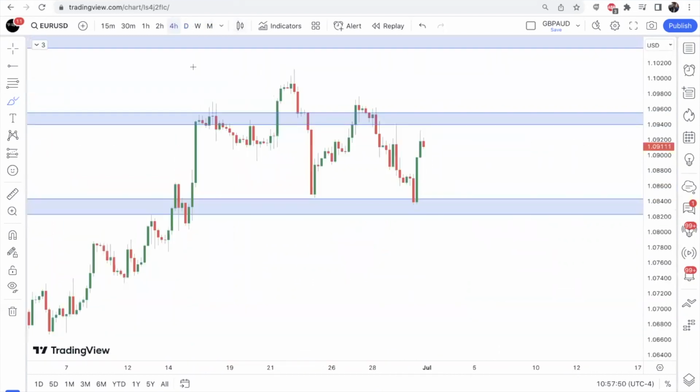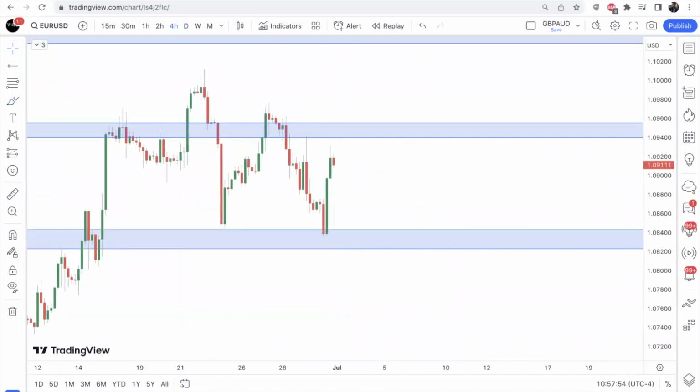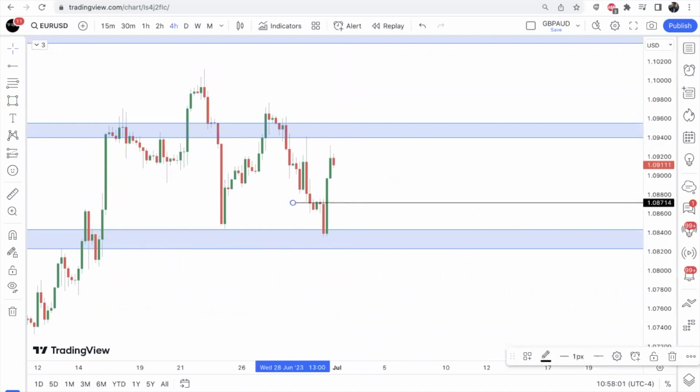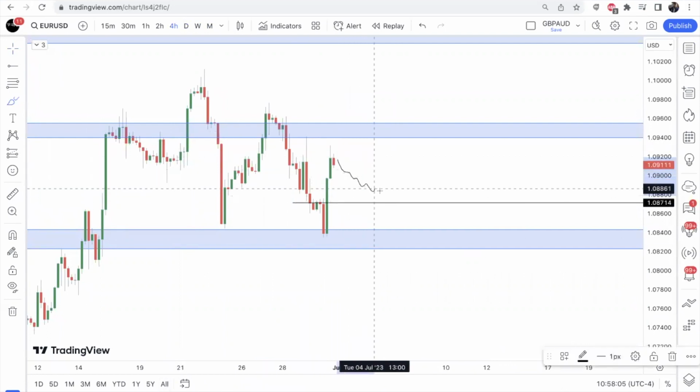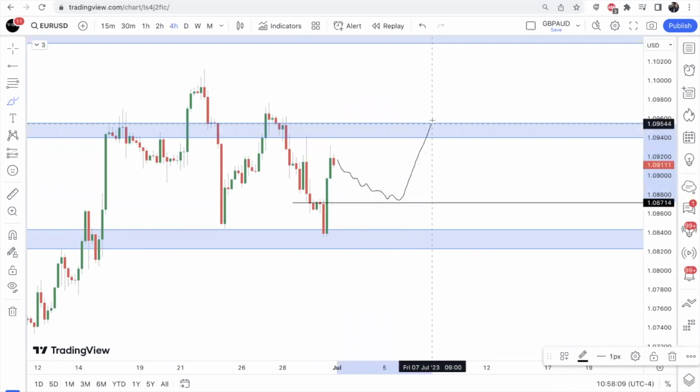All right, so early on in the week, especially if the dollar does give us another bearish wave, we could see, on a pullback, EU give us another potential up wave. So some type of correction, I'm anticipating another pullback for another bullish wave up. All right, another wave up towards the upside.